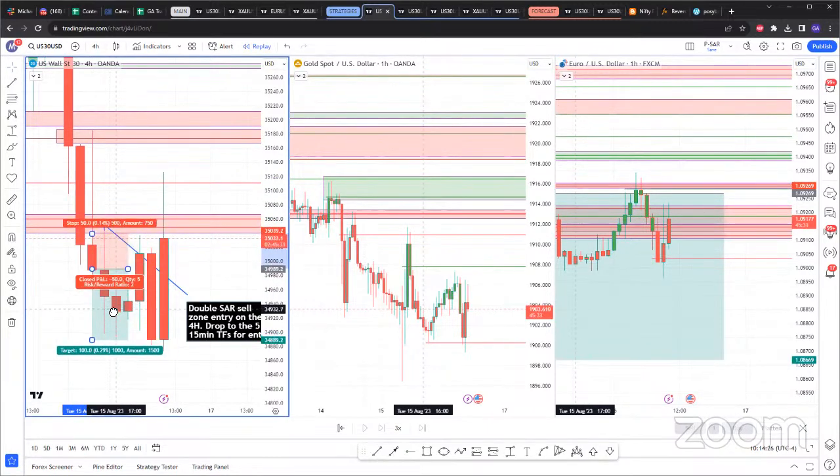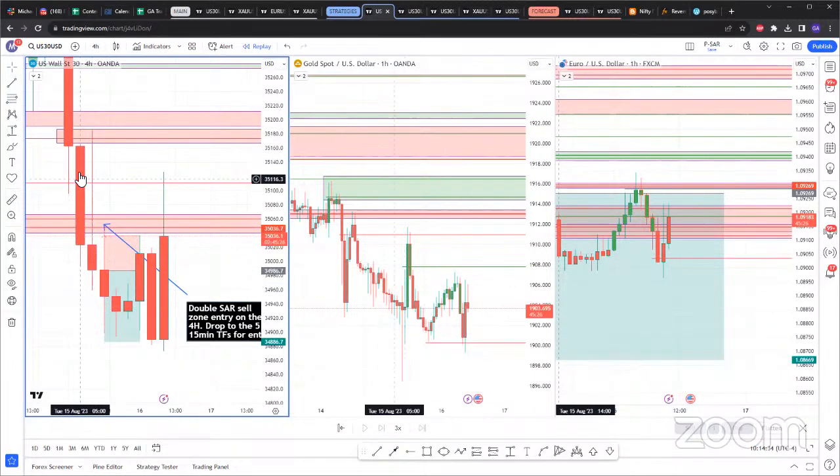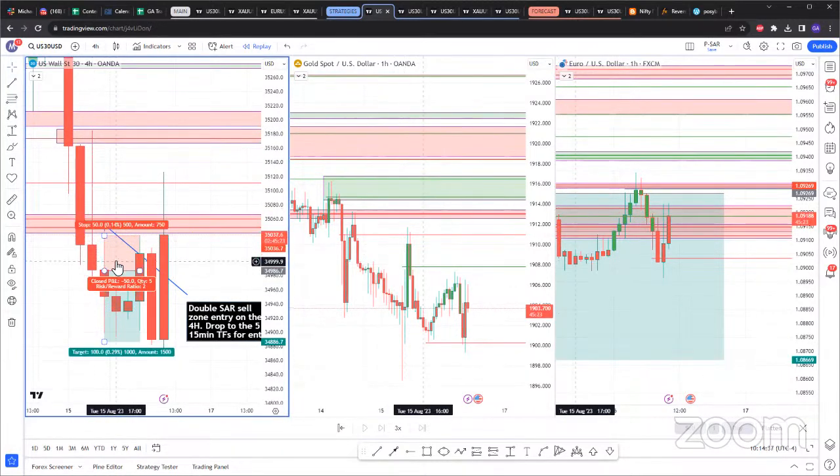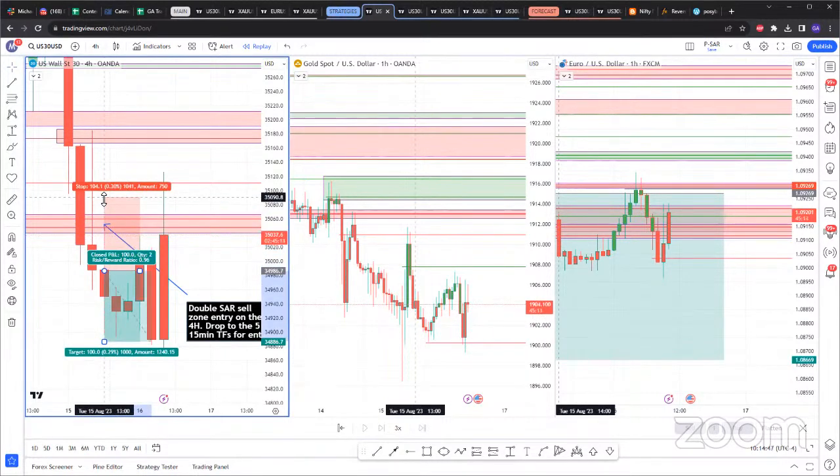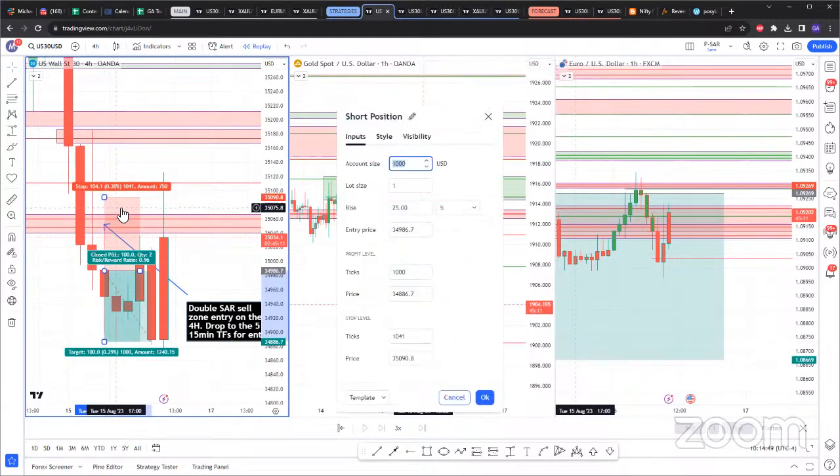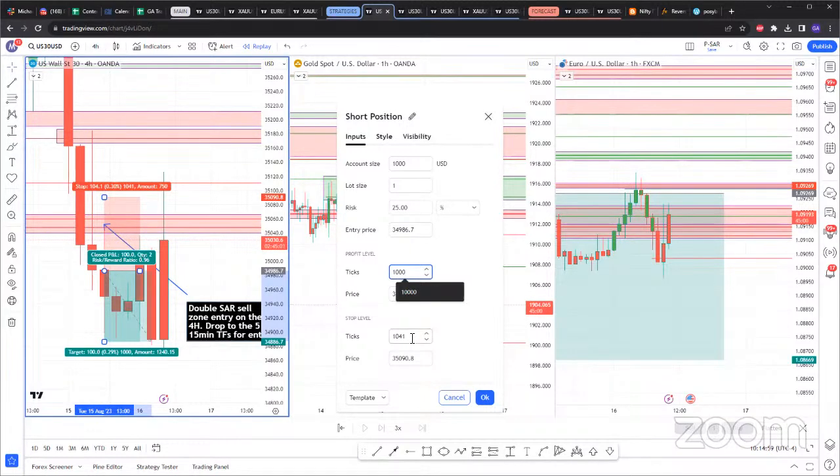At the very least, you should have a 30 pip stop loss. So if you would have entered this trade on impulse, let's assume it didn't give us the retest and it was just 2 candles closing below, you can see your 30 pip stop would have been below your SAR. So technically you're breaking your rules. So you do one of 2 things. You either extend your stop loss to be so far up from your point of entry on impulse, and you can see for that one, you'd have needed a 100 pip stop. And for you to achieve a 1:2, you'd have needed a 200 pip TP. So for me personally, this is going to mess with my 1:2 risk to reward.